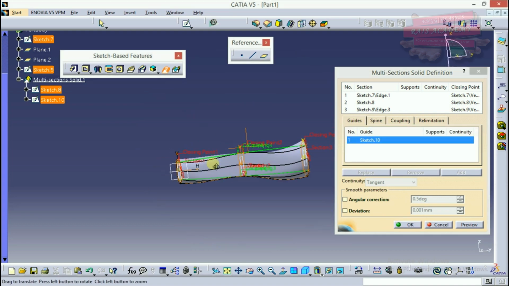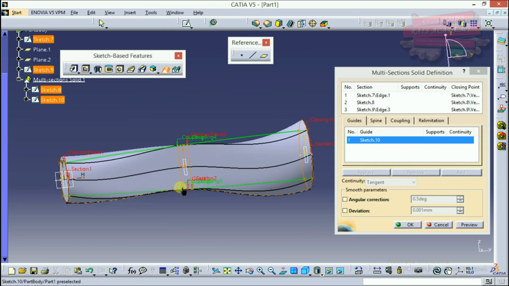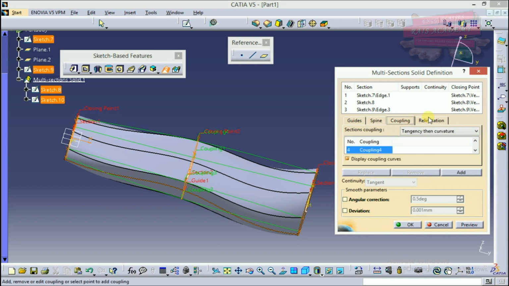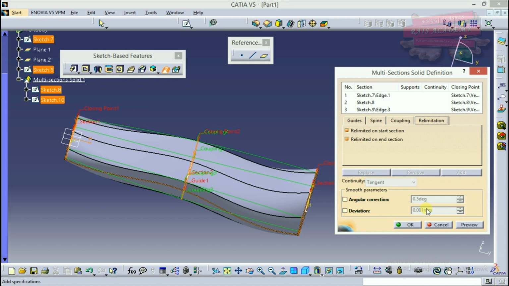Suppose now, as you can see, the guide curve is following this, and the upper profile is following the same path. Okay, but you can give this guide curve over here also, and you will get a symmetrical geometry along the axis. Okay, so you can do that also. And the remaining features, we will discuss while practicing in CATIA and while modeling a 3D model, because at that time it would be much more convenient for you to use these particular features and parameters of the multi-section solid. Okay, so I'll click on OK.